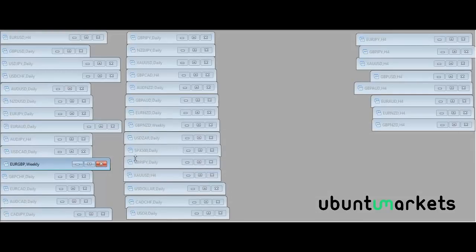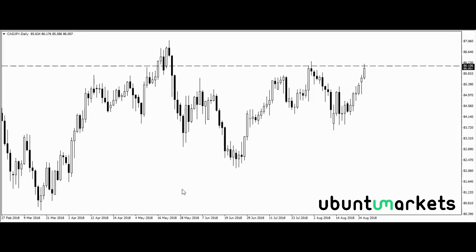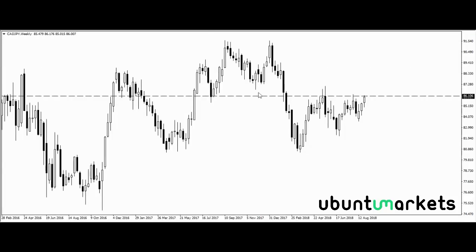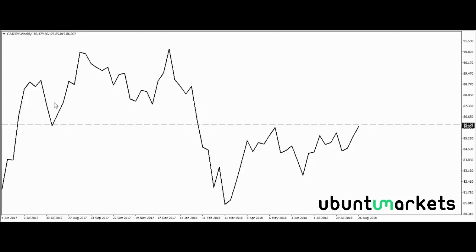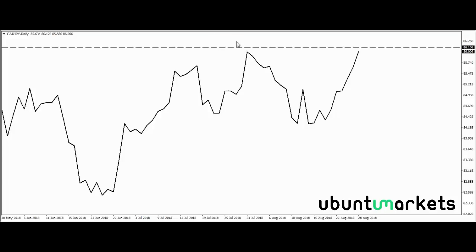I don't have too much more to say about that. CAD yen, someone wanted to have a look at the CAD yen, so I stuck a weekly chart on here, and I wanted to have a look at where we were at. If you switch to a line chart, you can see these votes for this level. This is, I guess you'd call it 86. We've got a nice bounce there, we've got a nice rejection here, you've got price pushing up. I would guess